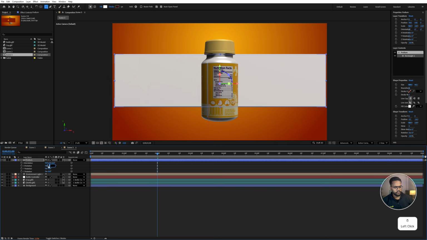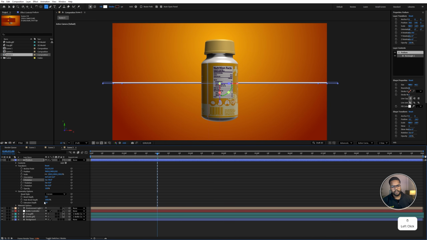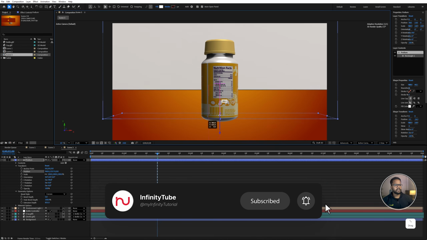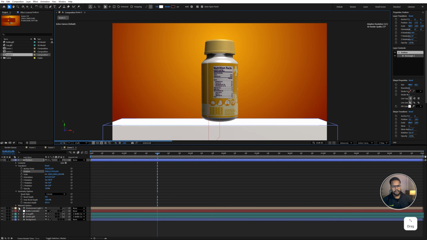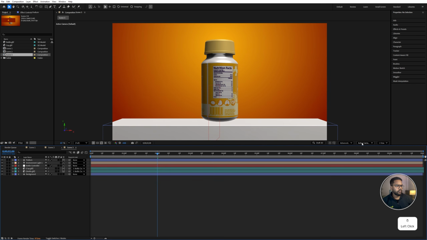So make this X rotation value 90 degrees and expand this again, geometry options, and expand this extrusion depth. Okay, and move it under this bottle and expand this material options, and you can increase the sinus value. So I will keep it around 35%. Now go to the top view,